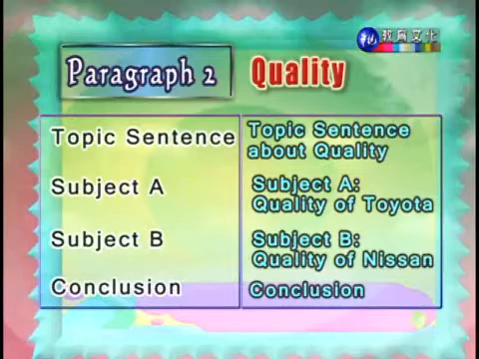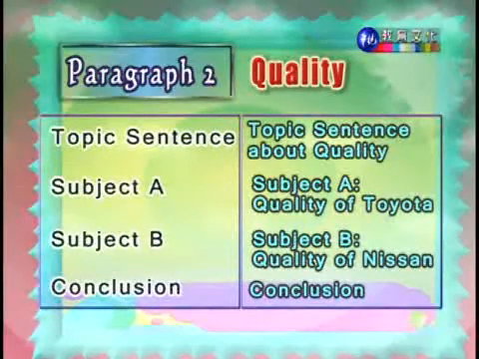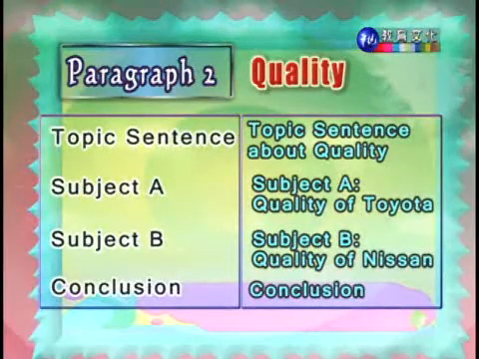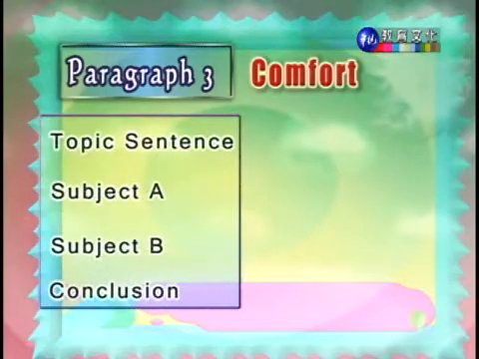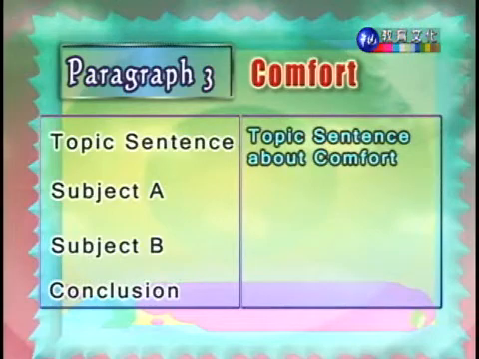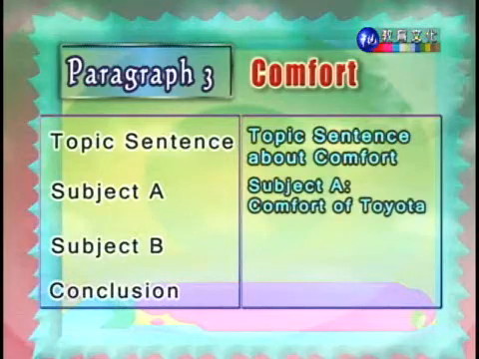最后呢，我们可以加上一句结尾句，来把我们刚刚所讨论的 Toyota 跟 Nissan 的差异性哦，做一个总结。Right, now we're going to go on and organize our third paragraph in the same way that we organized our second paragraph. 好，在第三段之中呢，我们使用的方式跟第二段是一样的。So we can see that this paragraph is going to be about comfort, so we begin with the topic sentence that talks about comfort. 好，那在这个部分呢，我们知道我们要讨论的论点是关于舒适度，所以我们的主题句就会关于舒适度。